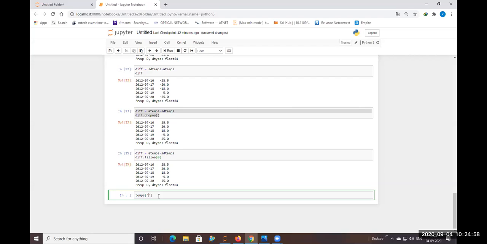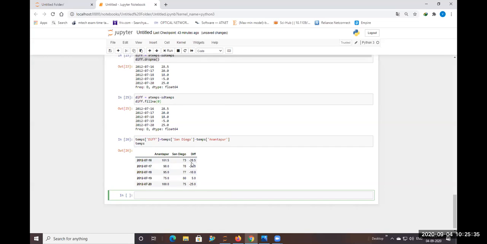I'll write here difference of temps with respect to place itself, minus temps of place Anantapur, and see the output.